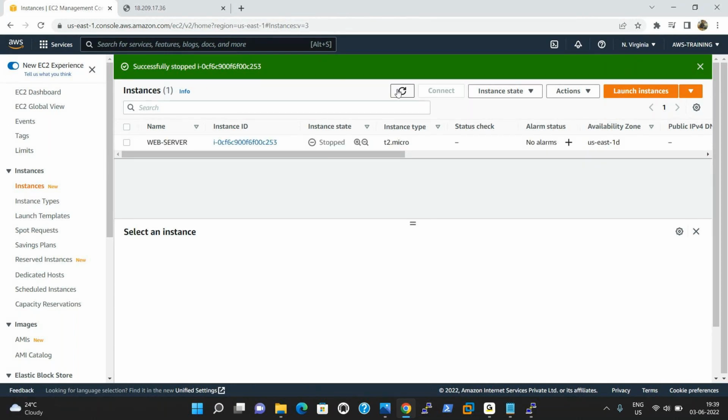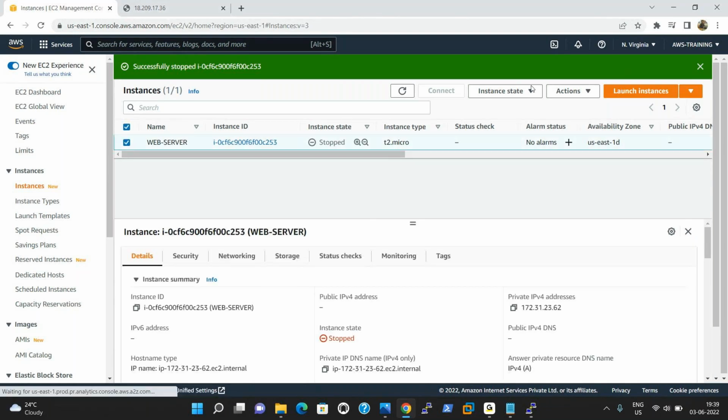Okay, the instance has been stopped. What is the IP address? Actually, the server IP was 17.36. But now, if I start